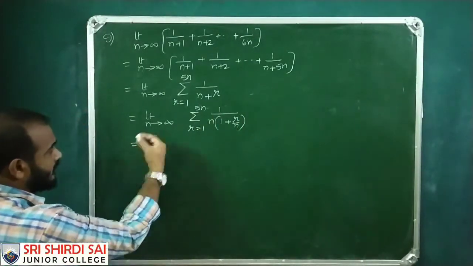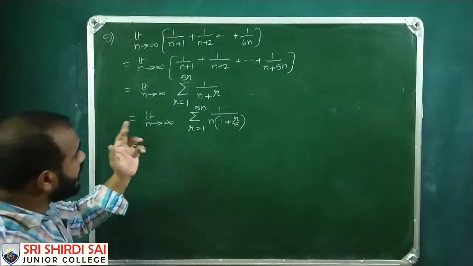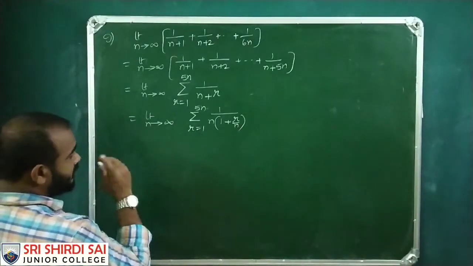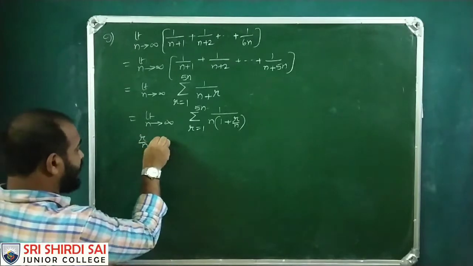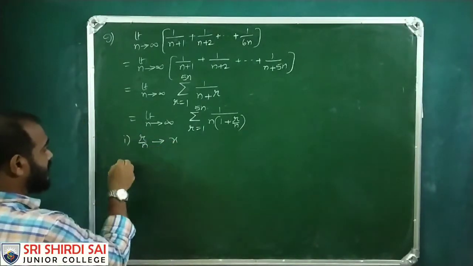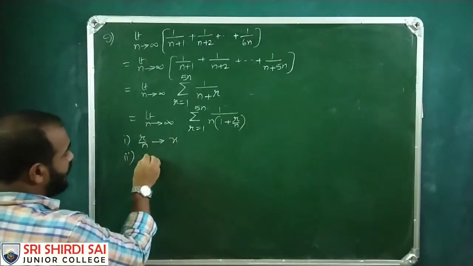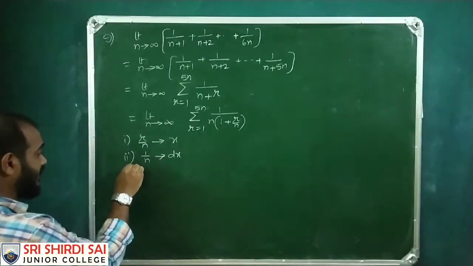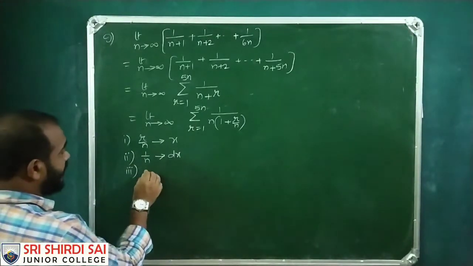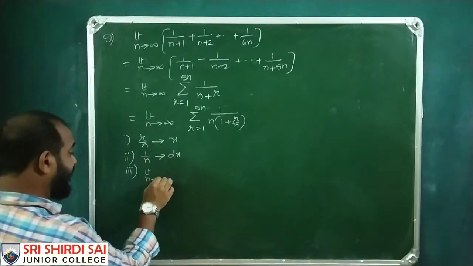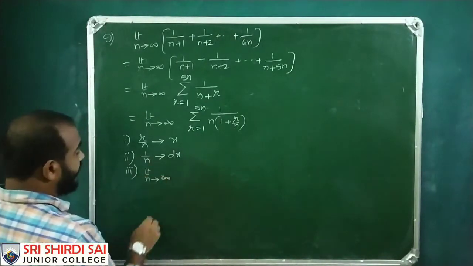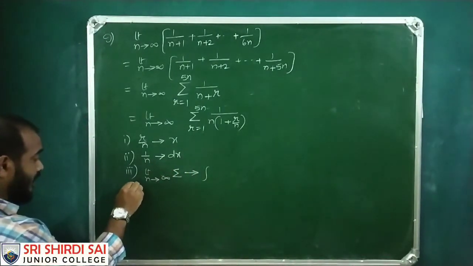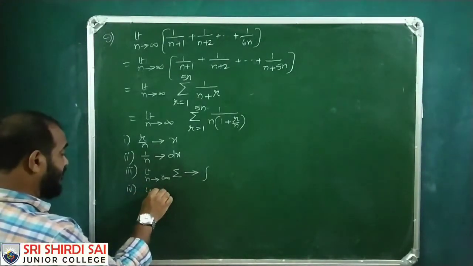So for this, the next step of this is limit n tends to infinity. Here, the first step is r by n is to be replaced with x. Second, 1 by n is replaced with dx. Third one is limit n tends to infinity sigma. So this becomes my integral, and upper limit, first lower limit is equals to